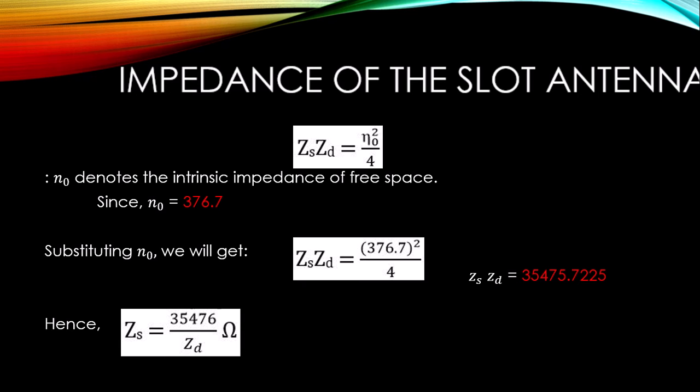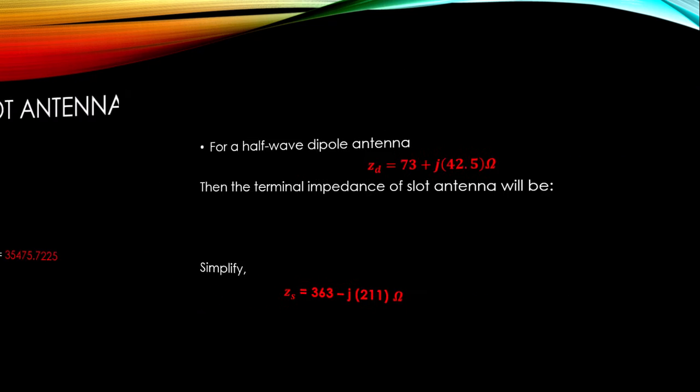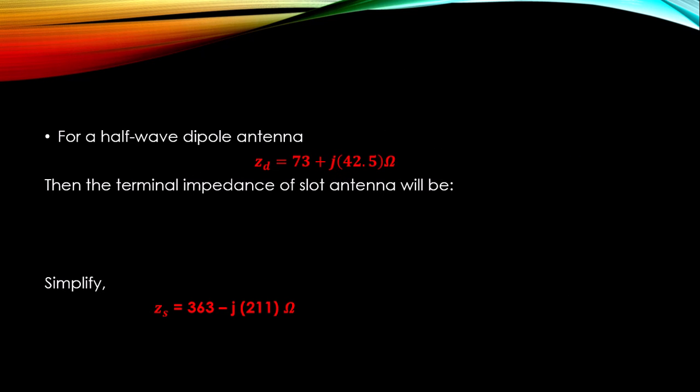So we can determine the properties of the complementary slot antenna if the properties of the dipole antenna are known. For a half-wave dipole antenna, ZD is equal to 73 plus j42.5 ohms. So then the terminal impedance of a slot antenna will be